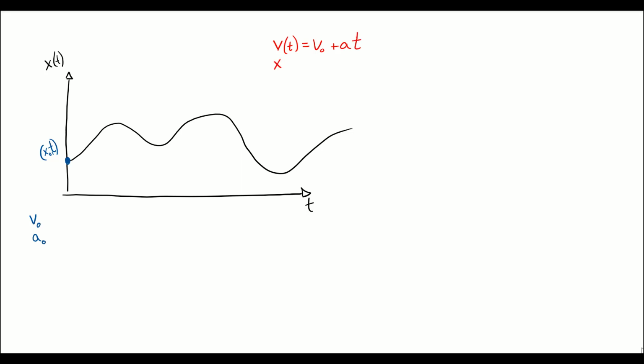And we knew that our position at some time t was its initial position plus its initial velocity times some delta t plus 1/2 a delta t squared, right? We can actually use these to get this function, even though this function clearly doesn't have that constant a